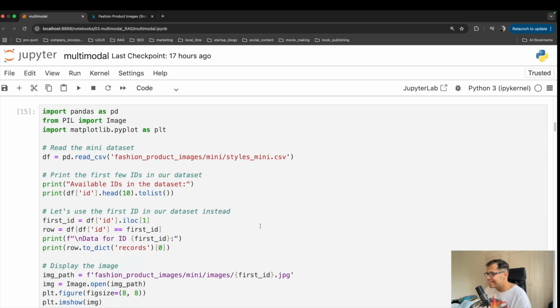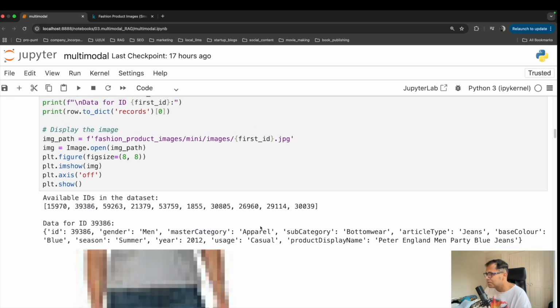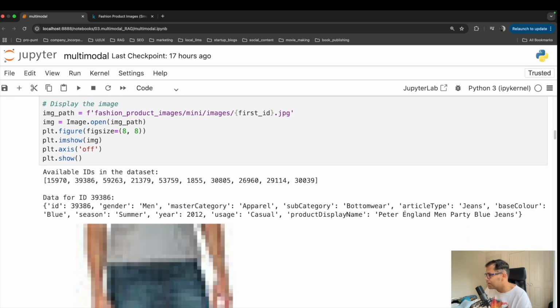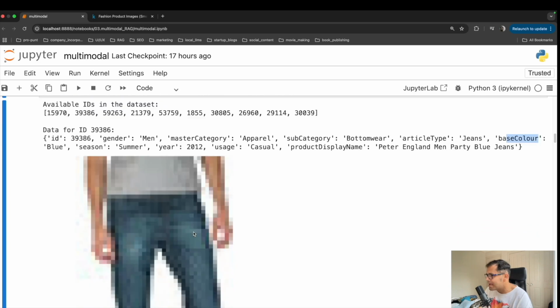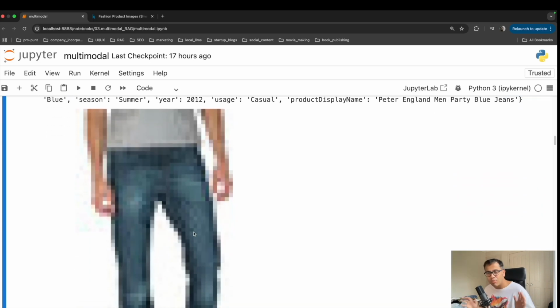Now, how does it actually look? This is how it basically looks. For example, for the product display name Peter England Man Party Blue Jeans, with a base color of blue, season summer, year 2012, you will probably have an image like this. Good. So now that we have a basic understanding of the kind of data that we are looking at,